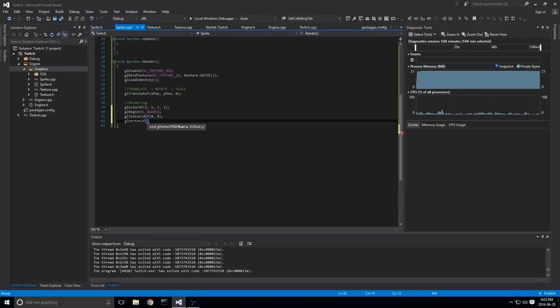So the GL vertex 2F we want to give it here is really just a position X and Y. So we want to draw the top left of the image, 0, 0. I think for images it's top left, right? Or it might be bottom left. In fact, it is bottom left. Yeah, 0, 0 is bottom left when you're dealing with textures like this. So we want to draw the bottom left.